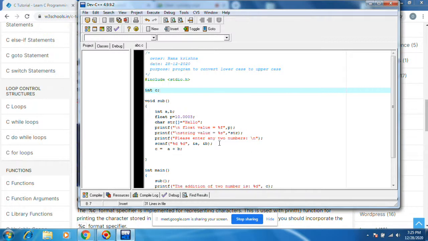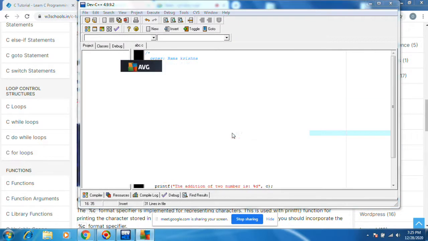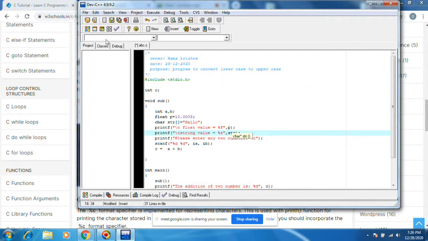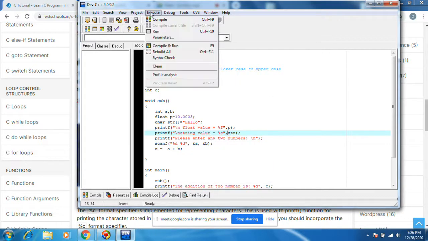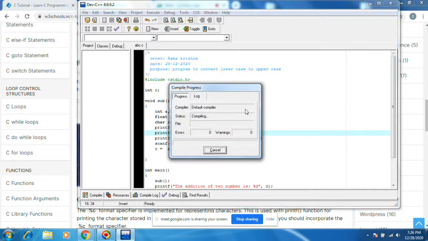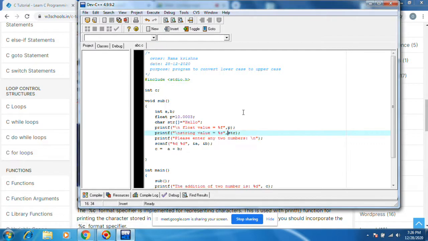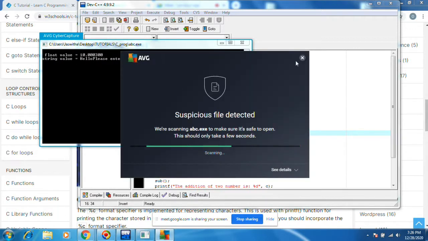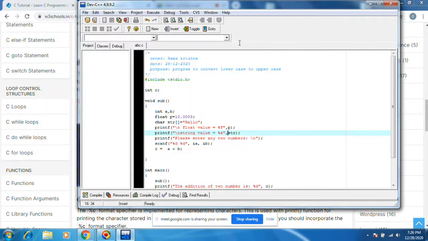Something problem is here. You see float value equals this one. String value equals hello. Please enter something. Okay, let's see.